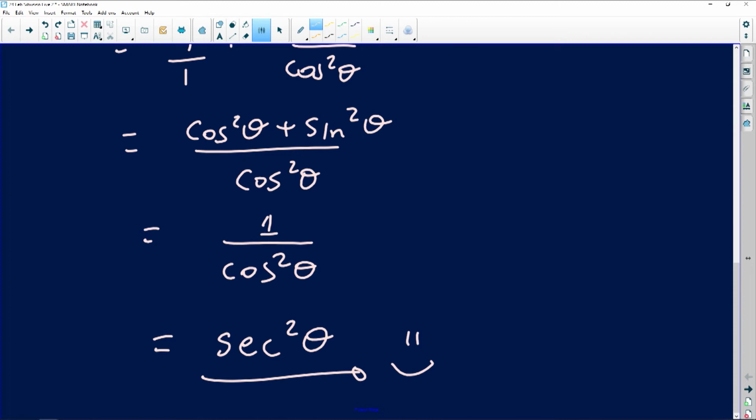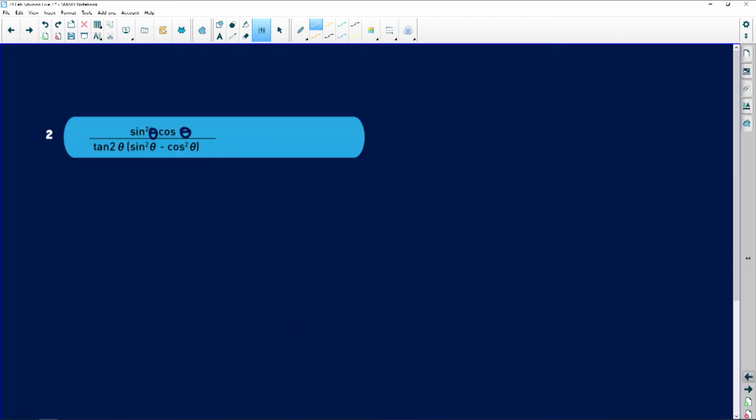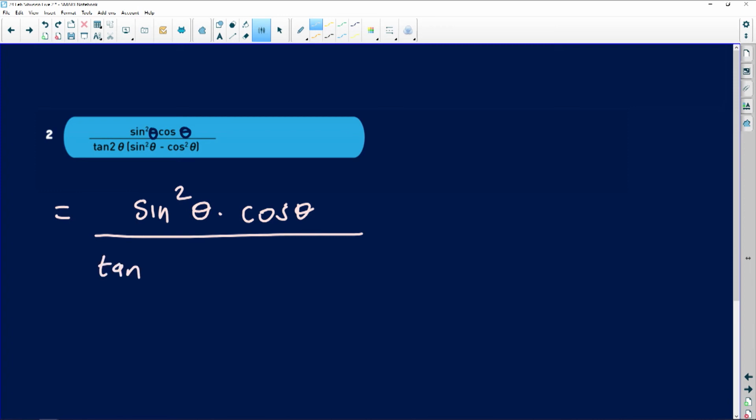Right, now we're going to go to the second part of Nsovo's question. This part reads sine squared theta cos theta divided by tan 2 theta into sine squared minus cos squared. We need to simplify this to one ratio. Let's see how far this is going to go. So on the numerator, I've got sine squared theta. So I'm going to write that as sine squared theta multiplied by the cosine of theta divided by, on the denominator, I've got tan 2 theta there, which I'm going to write as tan 2 theta multiplied by